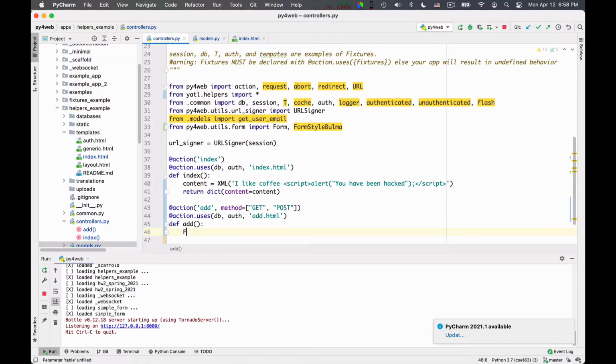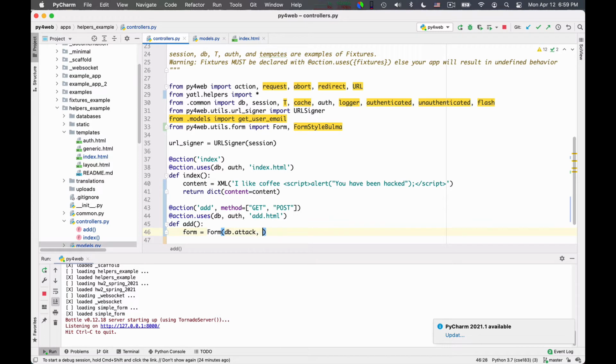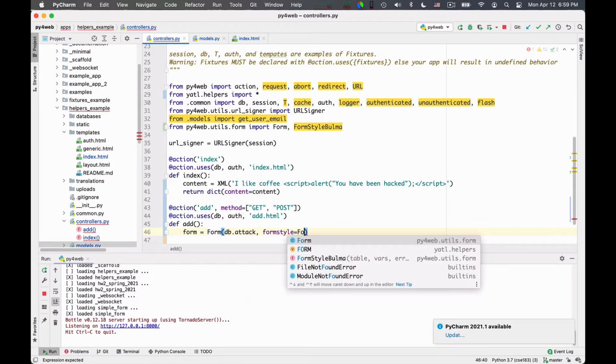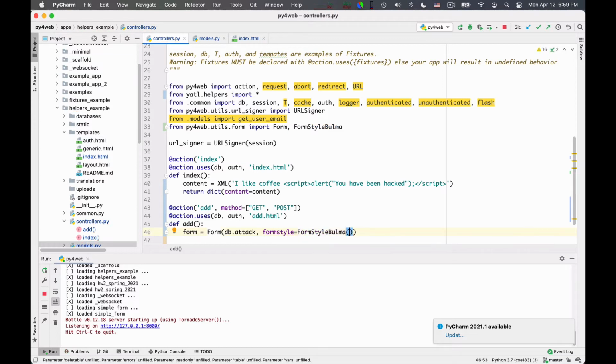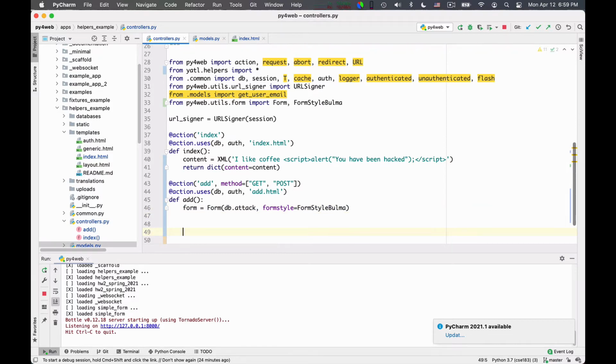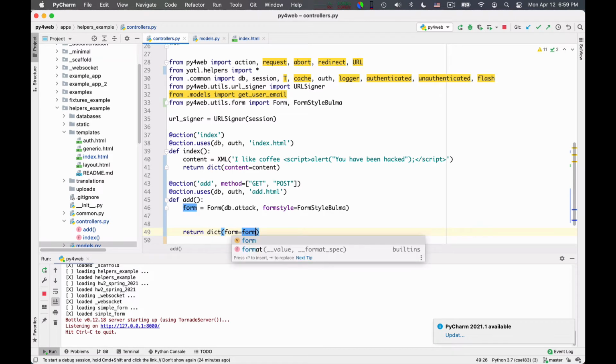Form is equal to a Form built on the db table db.attack. Okay, this is a database table, and I can say formstyle is equal to FormStyleBulma. Good, and I can at the end return a dictionary containing the form.